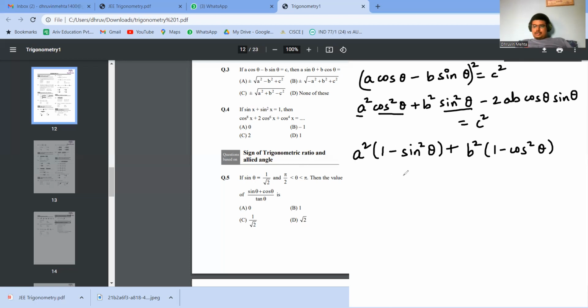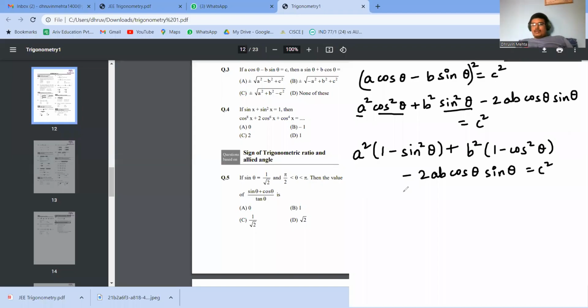So let's just solve this completely now. इसके आगे आई थिंक हो जाएगा आप लोगों से. आप लोग करो ट्राई. Solve this now. I think you'll get the answer after this. Perfect. So you should get a square minus a square sine square theta plus b square minus b square cos square theta minus 2ab cos sine